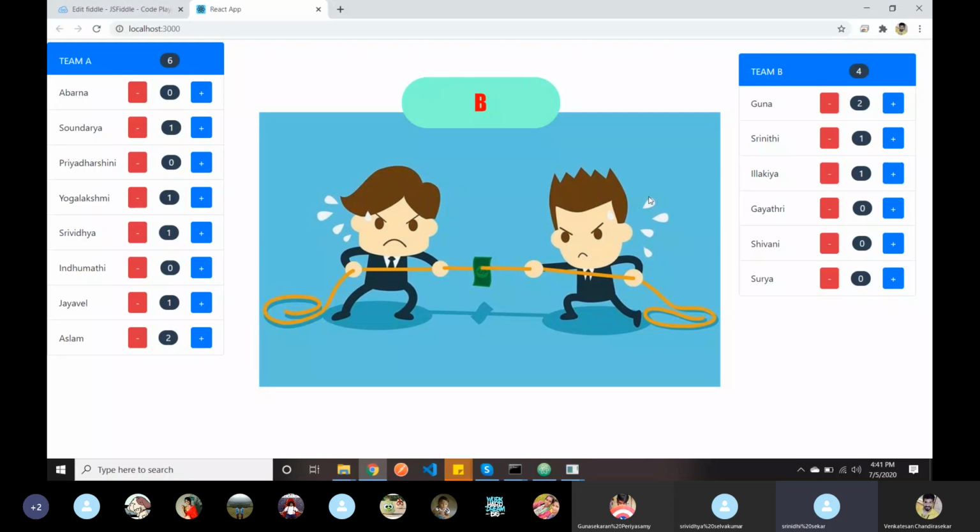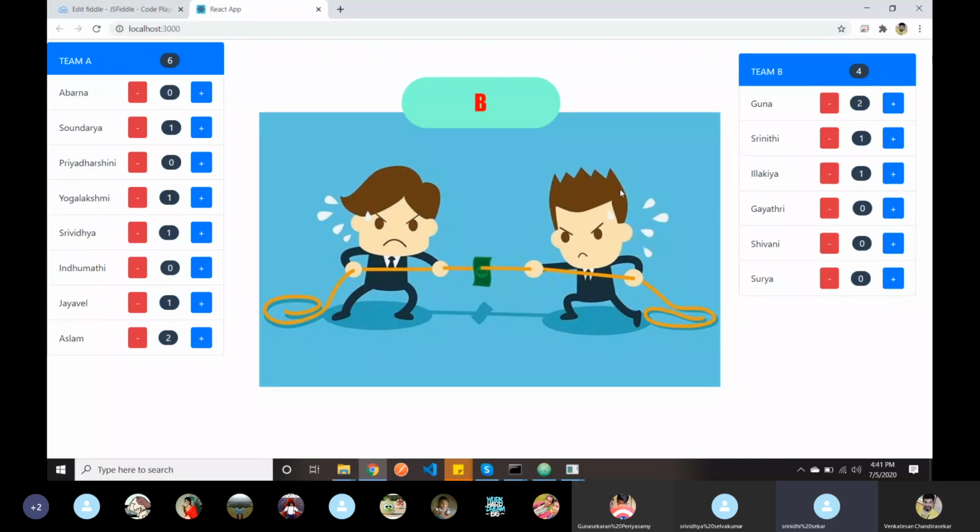Sir, double equal to will check the two values, sir. And triple equal to will check with the type.